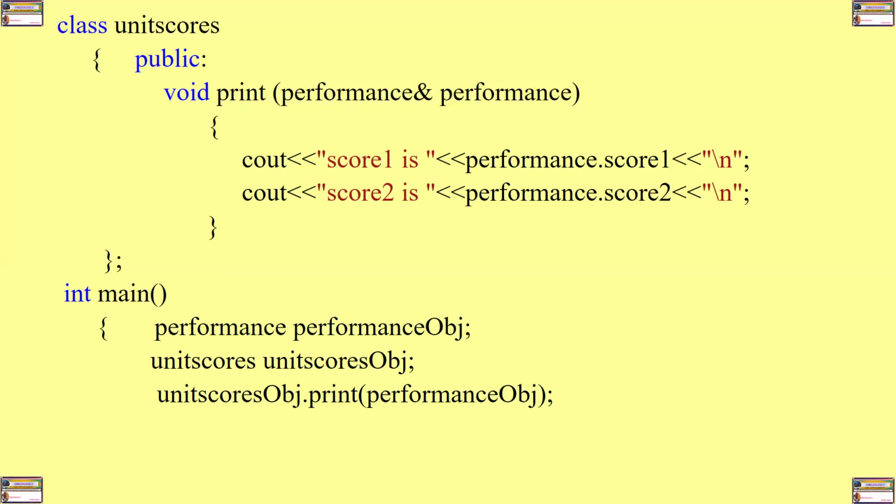And therefore, in this case, because you are passing over the argument, the object for manipulating the class called performance as a parameter or as an argument to the UnitScores class through the object called UnitScores object, then it simply means that we are giving out the rights of the class called performance to the class called UnitScores, and more so to the method of the friend class